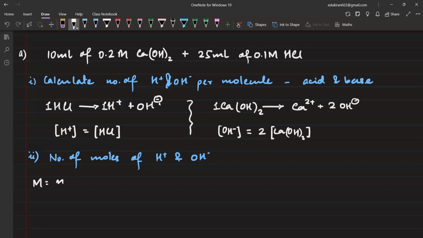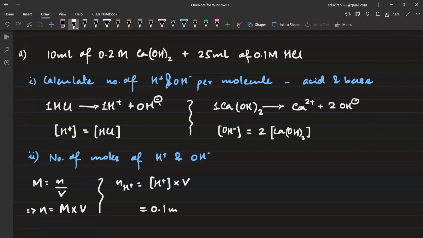Molarity is equal to number of moles divided by volume, therefore the number of moles will be equal to molarity times volume. Now for the number of moles of H positive, it is equal to the concentration of H positive multiplied by the volume. The concentration of H positive is 0.1 molar, multiplied by the volume, 25 ml. So this will be equal to 2.5 millimoles,